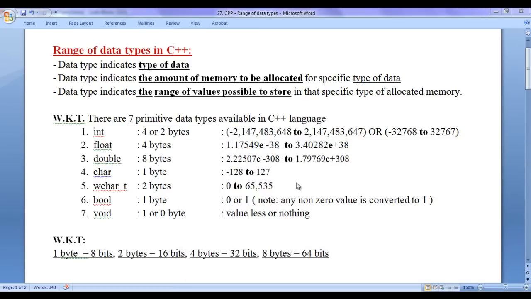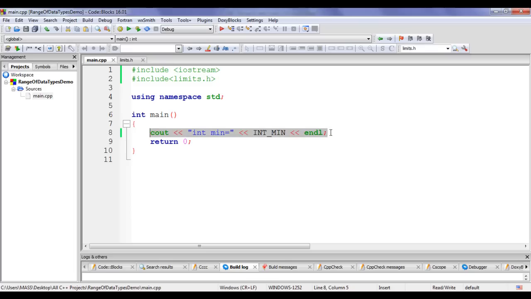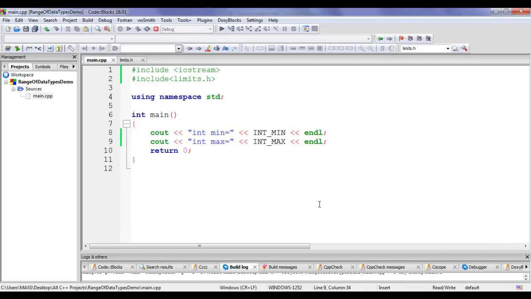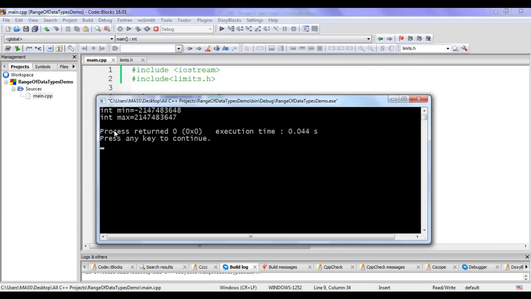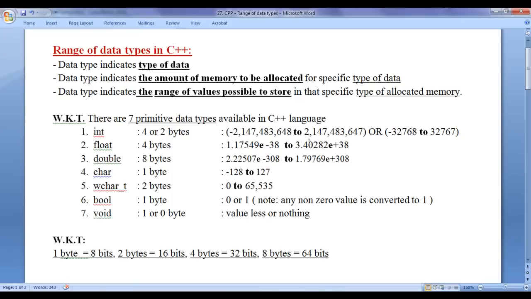Next we display the maximum value possible to store inside 4 bytes of integer memory. I'm going to copy this line of code and paste down. Here I say int max. Instead of min, we use here max, guys. If I say build and run, it is displaying int max equal to 2,147,483,647, and the same thing you see here.